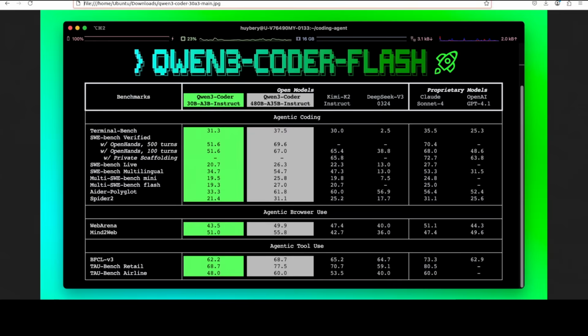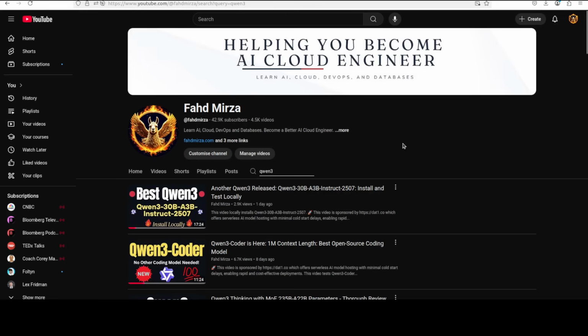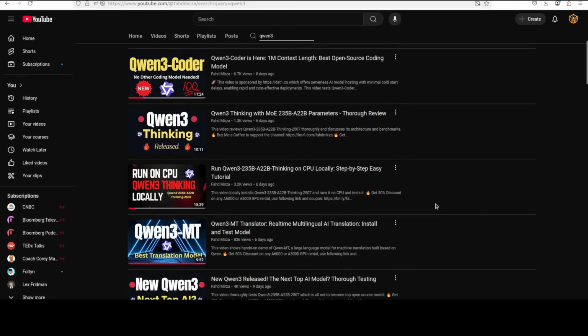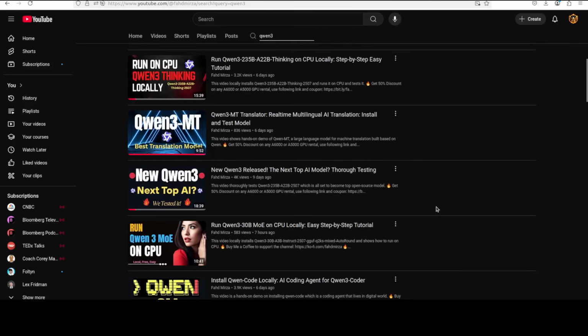So what exactly is this model? This model is a causal model with 30.5 billion parameters in total, but only 3.3 billion are actively used during inference, which primarily makes it very efficient, just like the other Qwen3 models which we have covered, especially in this 30 billion size in the last few days. And if you're a follower of my channel, you know that Qwen3 is raining cats and dogs with models at the moment. So coming back to this model,